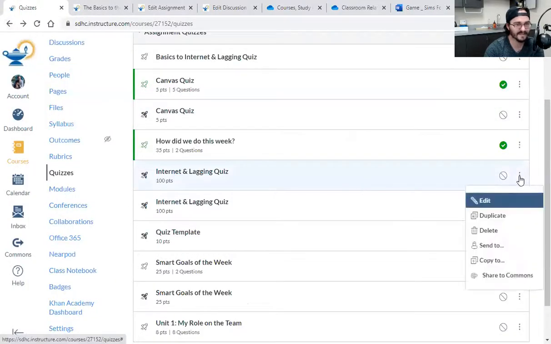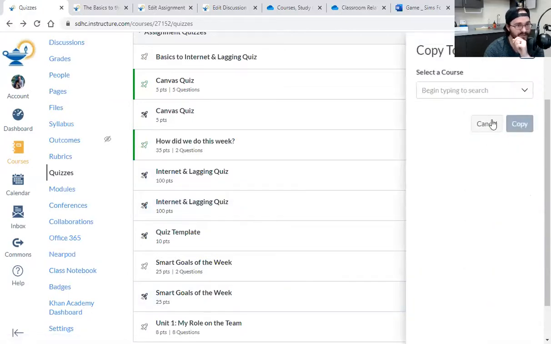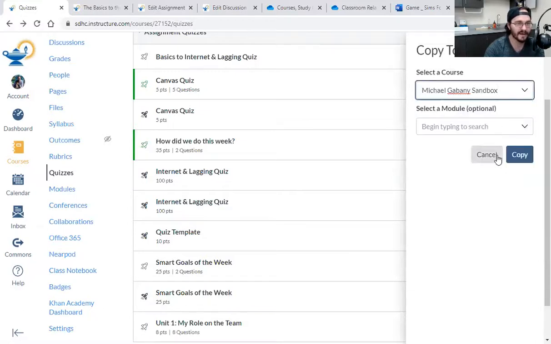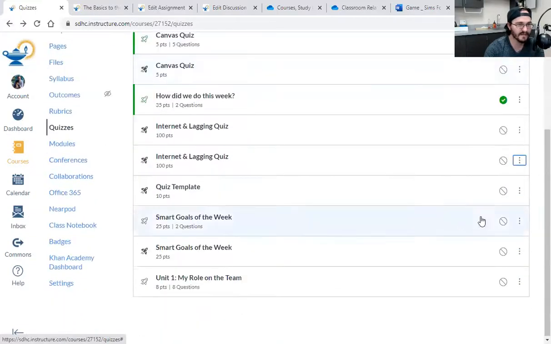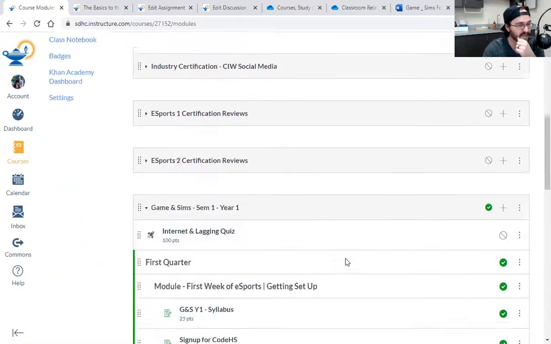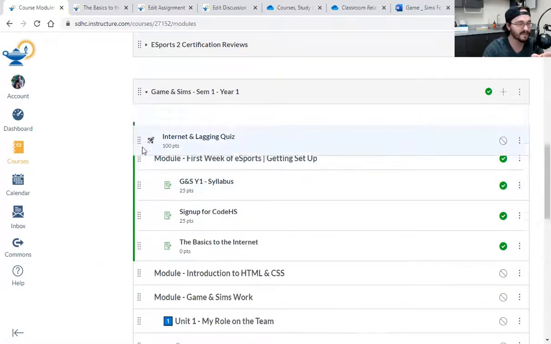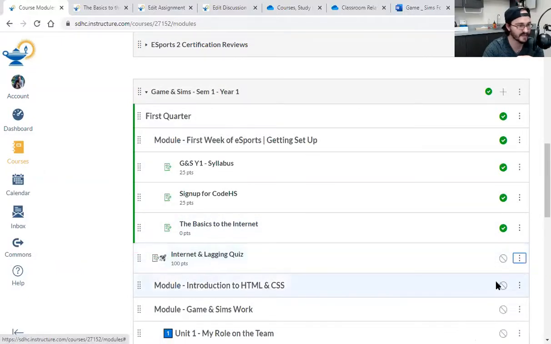Anyways, whatever. I did copy it, remember? You click copy to, it's your sandbox. Remember that now. So when you create a quiz in here, copy it to your sandbox. I bet you I can figure out which one it is too. And it takes time to upload. Absolutely, it takes time to upload. That's why I didn't populate there right away. Let's edit this. I want to change my indent. I want it to go over. Cool.